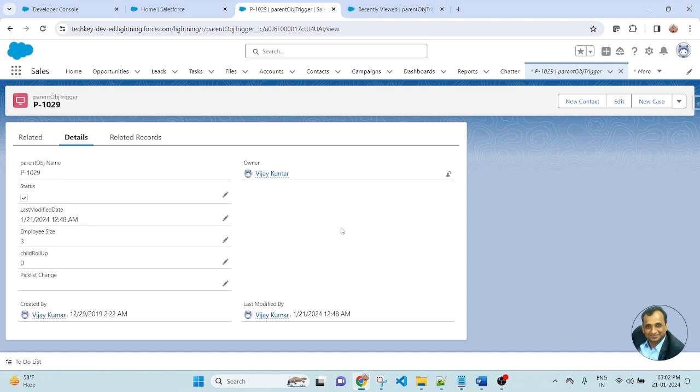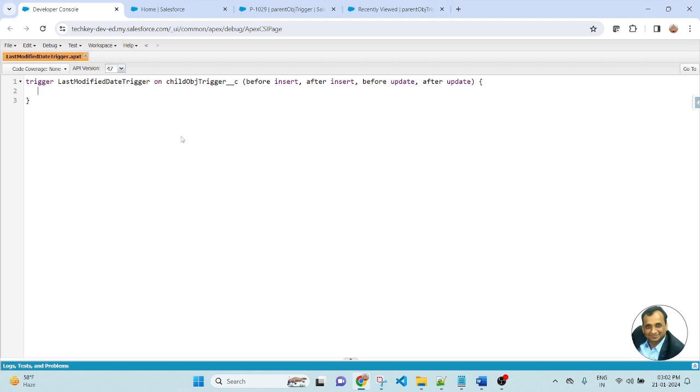So now let me go back to the developer console, and here I will write the business logic. This trigger will be executed whenever a record is inserted or updated. So first I will define if trigger is before, else if trigger is after.